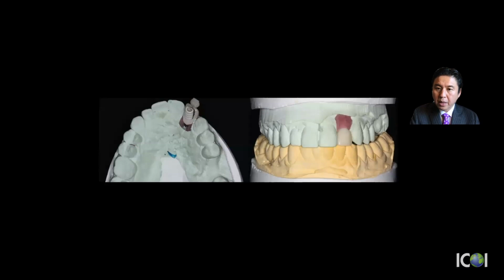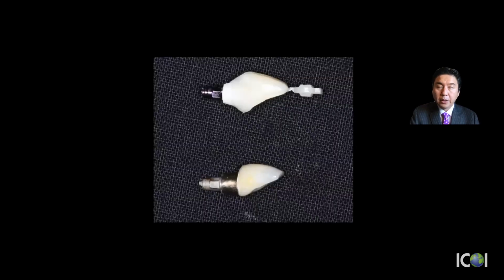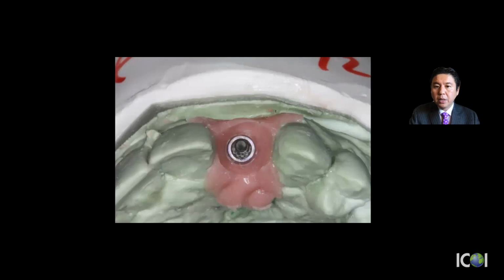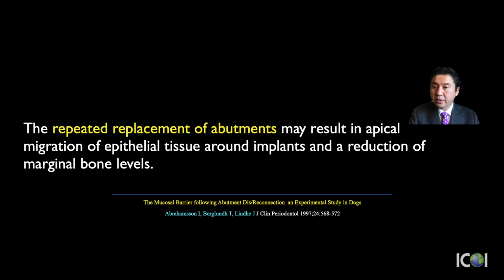So after this, when you want to achieve nice aesthetic goals, sometimes you make a custom provisional with a provisional abutment, and you make a contour and do soft tissue manipulation to get a successful result. But that is the sequence of treatment planning in the aesthetic zone. The problem is that the repeated replacement of the abutment may result in the apical migration of epithelial tissue around the implant and marginal bone loss,